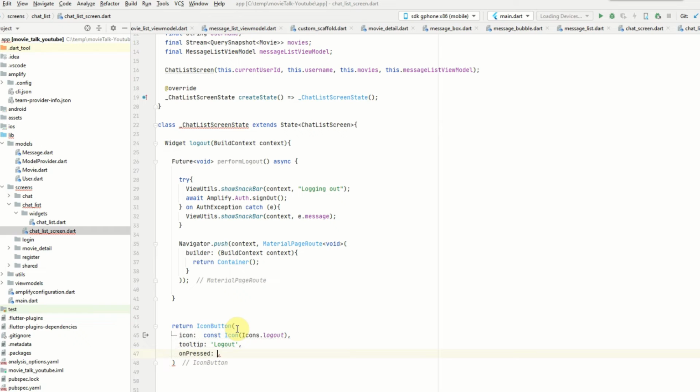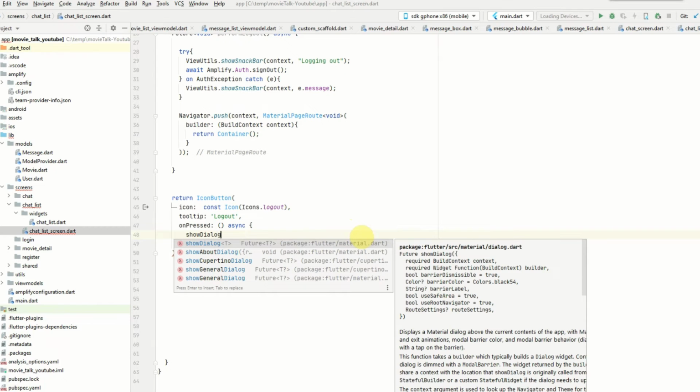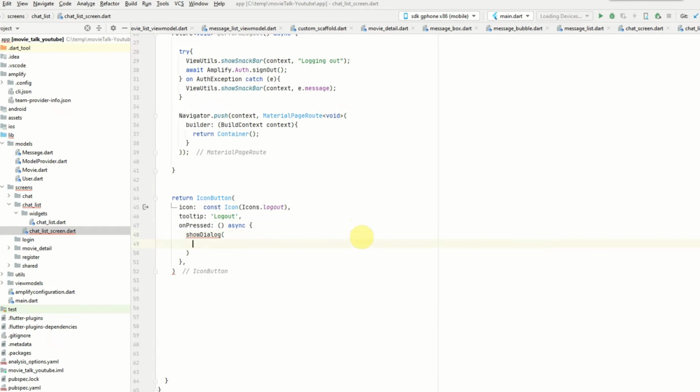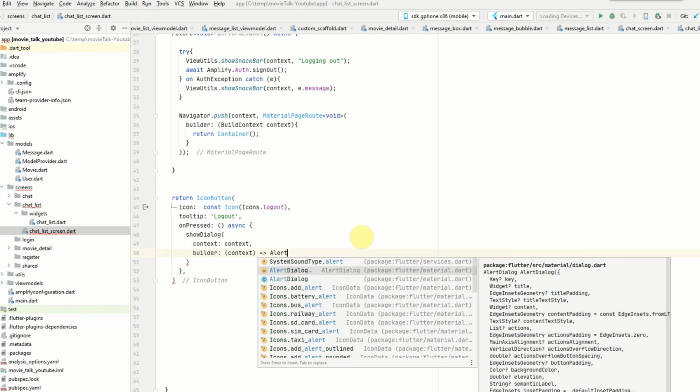And then we just need to specify the logout function. So this is going to be async again. And we're going to show a dialog, pass the context, and then the builder, this will be an alert dialog,